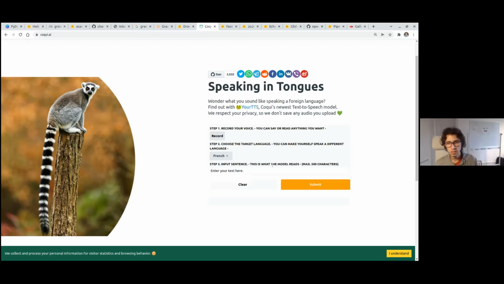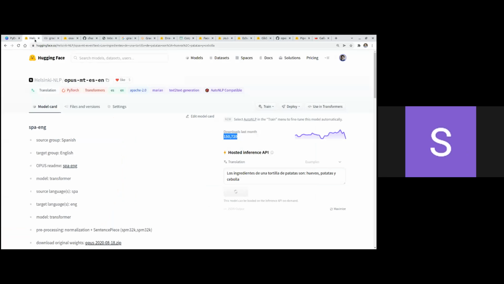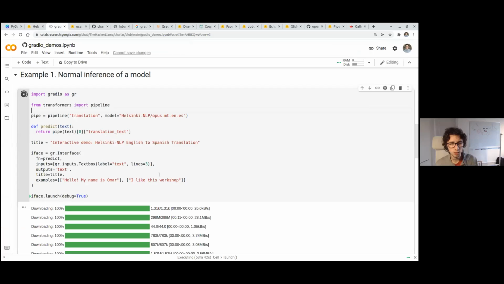I can specify French here, and write something completely different, and it will create a new audio file with the same kind of voice, but saying something new. So this is something that you can also do. But going back to the GPU usage, there should not be any specific limitation compared to doing normal inference.